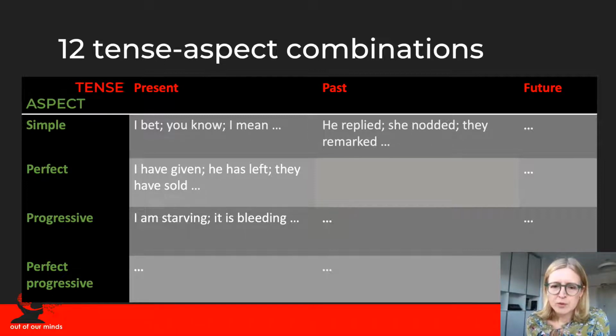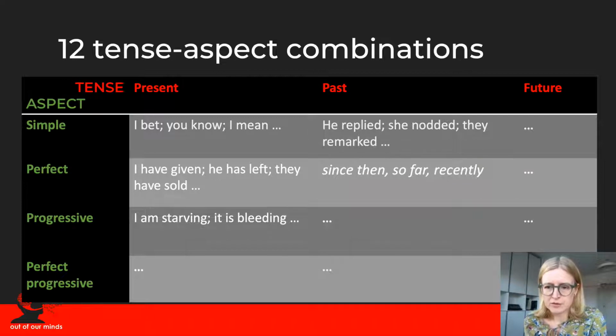And Bybee and his colleagues also noted relevant properties of the context. For example, that the past perfect is usually found with time adverbials such as since then, so far, or recently. Now, this is probably something that many in the audience will be able to relate to. And it's also an account that's much more directly useful to learners, but at the same time it looks like